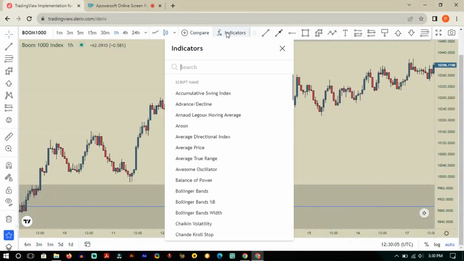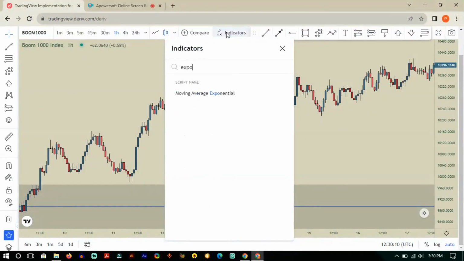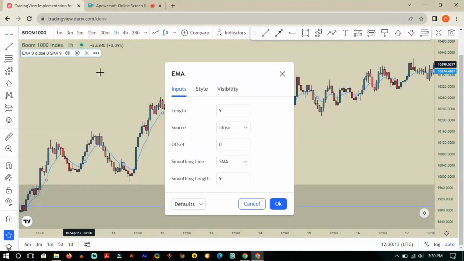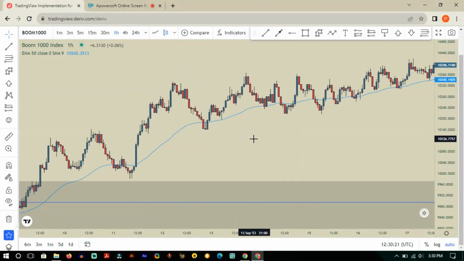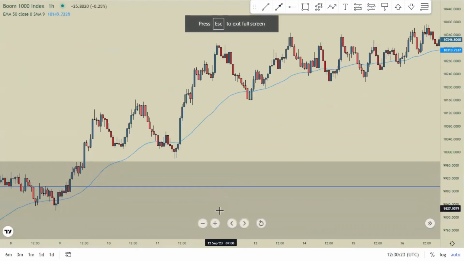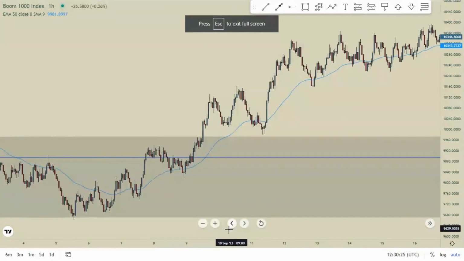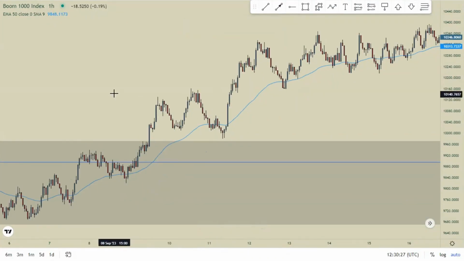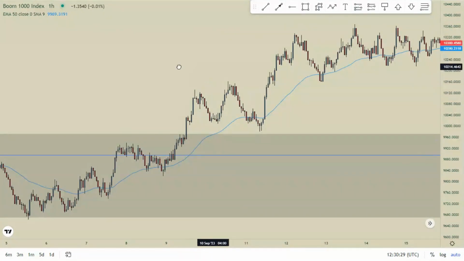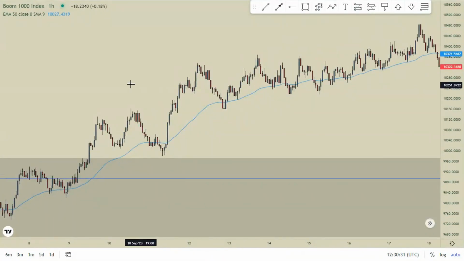You're going to add the 50 period exponential moving average. Then we come here, the settings are here. The period is going to be 50, so you leave everything else there. So this is what is going to help you. When you add the 50 period exponential moving average, and then you come on the H1,